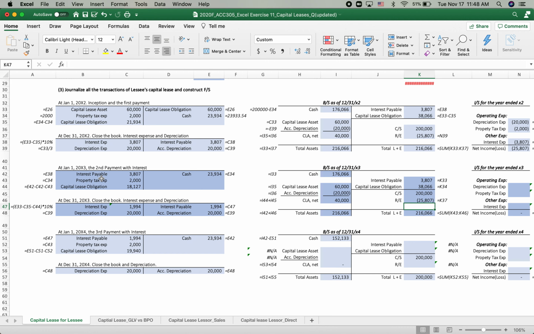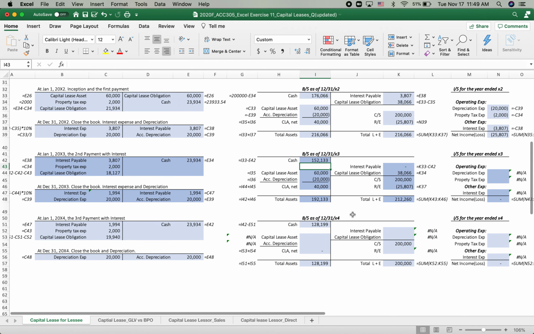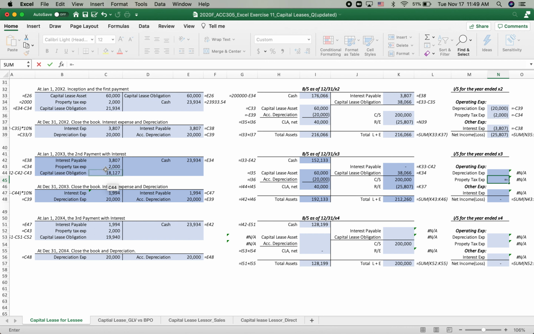Interest payable 3,807. Interest payable should be reduced because the company sent the cash, so they don't have the interest payable liability, and the cash amount is reduced by the second payment. Property tax expenses, same amount, and the capital lease obligation is reduced by the second payment. So the remaining 19,940. And then at the year end, interest expense is 1,994, and the interest payable